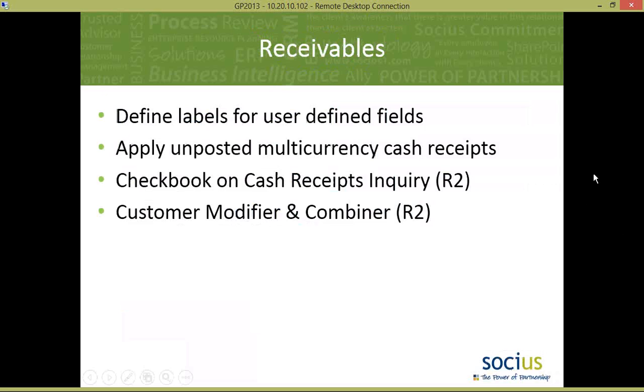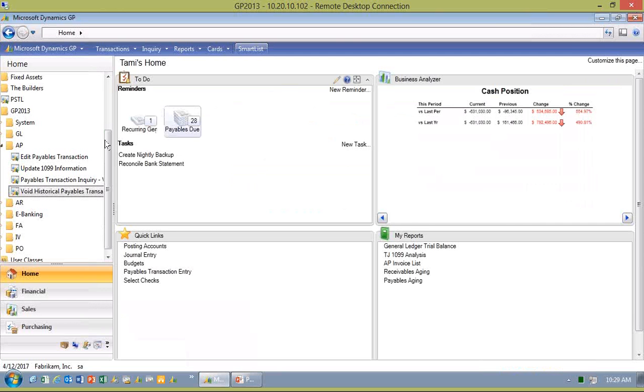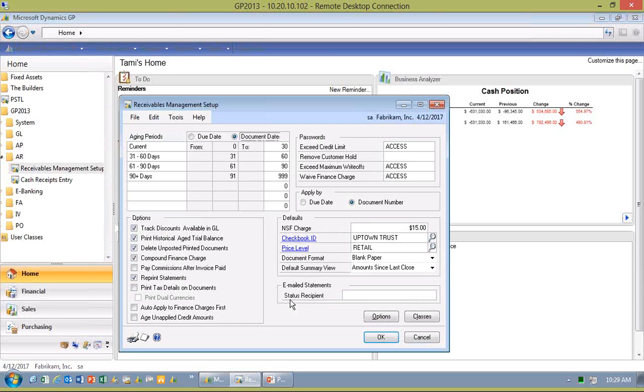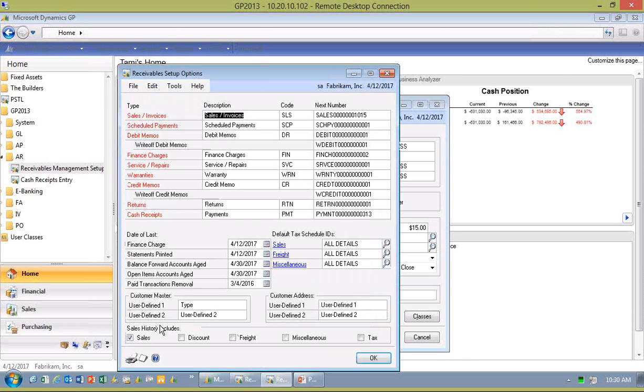All right, so I'm going to move into receivables now. And let's go back to GP here. And I'm going to open up the AR. So in receivables, we can now come in here. There we go. We can have, both in the customer address and in the customer master, we can now have